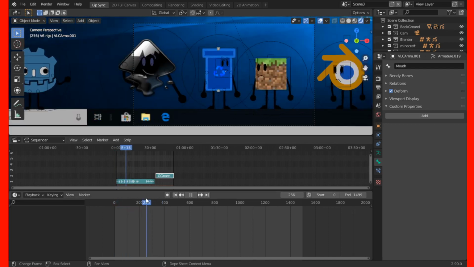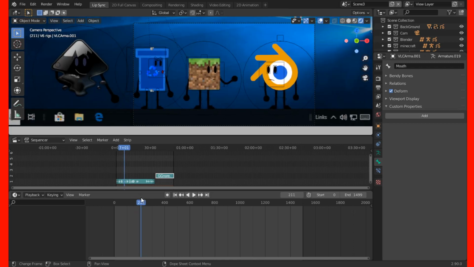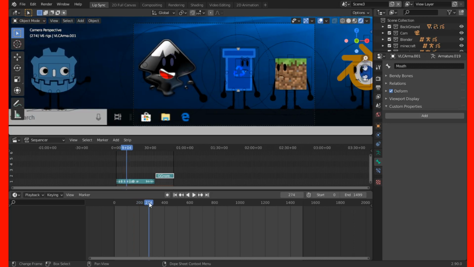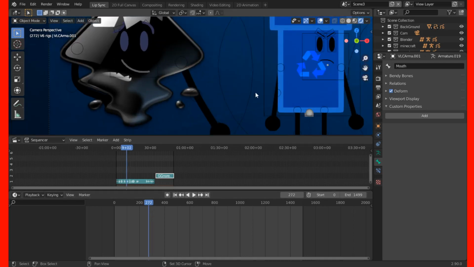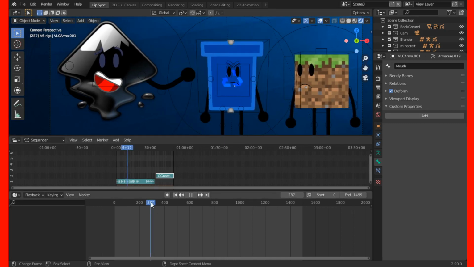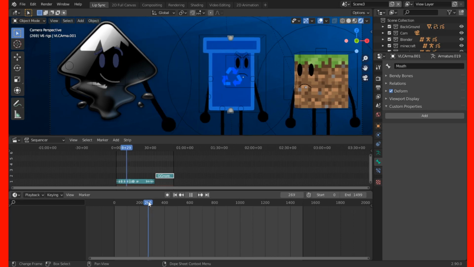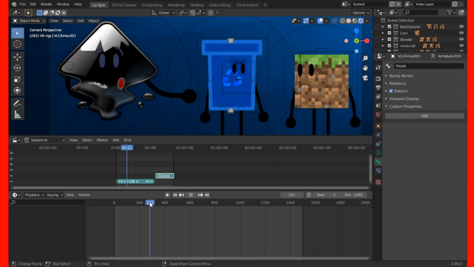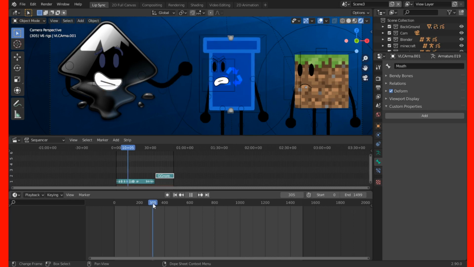And I animated this. The part of this animation that I really like was when Inkscape says, actually, Blender asked, and then Recycle Bin turns around. This movement right here, if you can see it, him turning around like this, with the squash. I used the squash bone, and I felt this movement was really awesome. Obviously it's not the biggest thing in the world, but I really liked this part a lot.